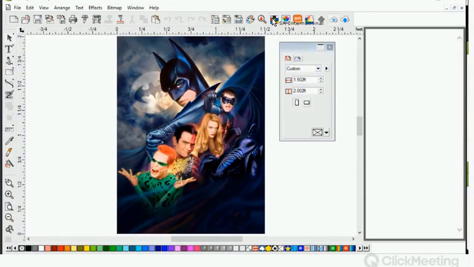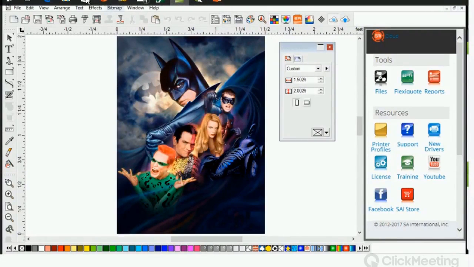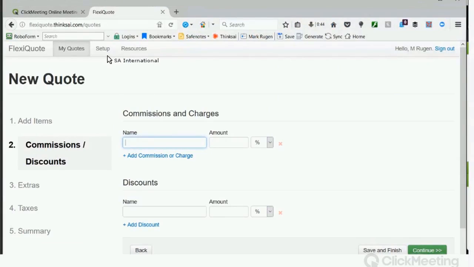If that's turned off, you'll have to turn that back on. And what it will do is then link to those buttons. And then when you click on Flexi Quote, it will take you to your particular place where you have your system available. When you get to the Flexi Quote online, at the very, very top, there's a setup menu that